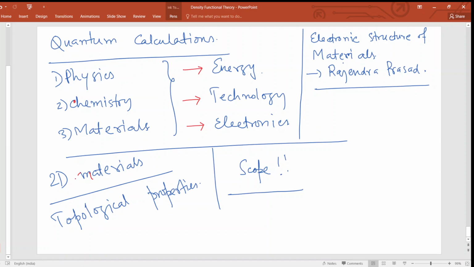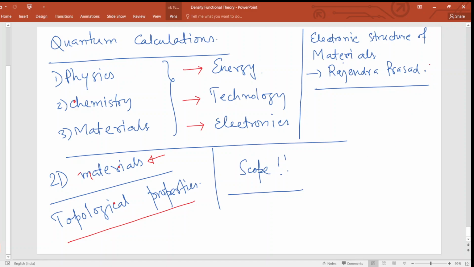Of course, it's not very recent; it's more than 15 years now. But they're very popular and they have huge technological importance. And these particular techniques have been quite useful in determining the properties of 2D materials and predicting their behavior, things like that. And also recently, there are topological properties which are also being predicted through different techniques. Okay, so the scopes are endless.